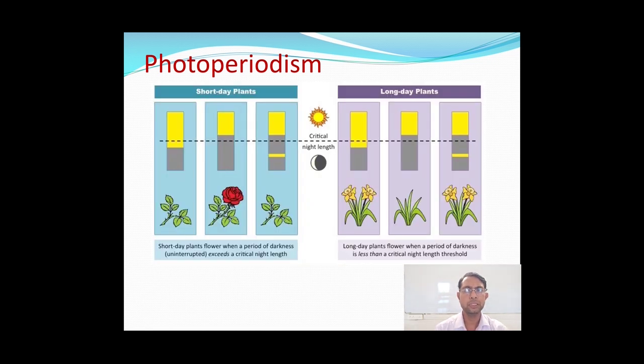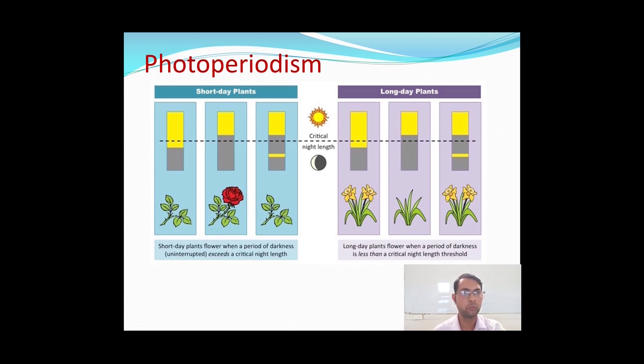Now here you can see two different types of plants. One is known as short day plants, and on the other side you can see the long day plants. So that yellow color is nothing but the light time, daytime, meaning the sunlight received by the plant. In the middle you can see the plant is having the rose flower. That means they require a short day time for the production of flowers. Whereas in long day time you can see the flowering is observed. This long day plant shows a long period of light, and due to the long period of light they start to produce flowering. Even you can see that a small part, a fraction of light, is also responsible for the